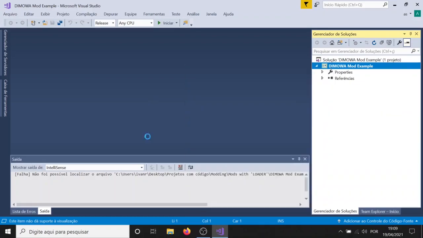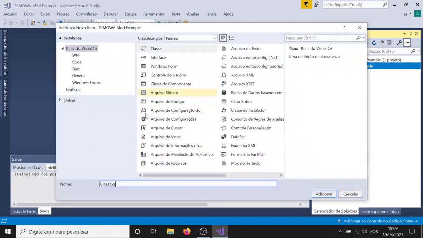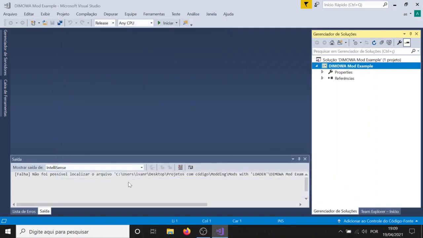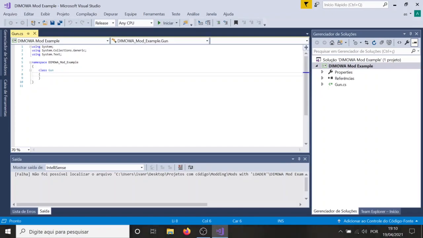So first, let's create a new class. You can call it whatever you want, and we're gonna call it Gun. Now that we have created it, first we're gonna make that class public, and let's